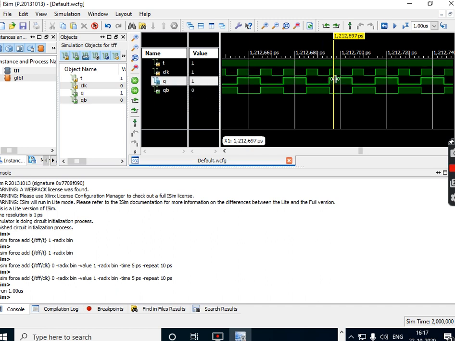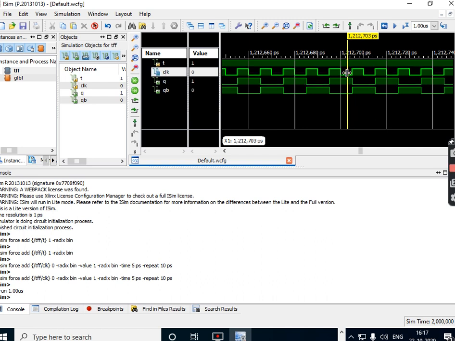But when the clock changes, now see what has happened. T is 1, clock is now available. So what has happened? A change in the state to 1 0. When no clock was available, you can see the previous state. But when the clock becomes available, it becomes 1 0. When the clock falls from 1 to 0, what will happen? Now I can see it: the clock is falling, so Q is 0 and Q bar is 1. So this is the state verification for T flip-flops.